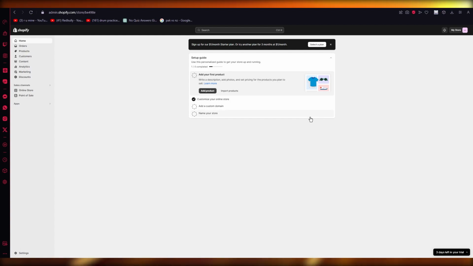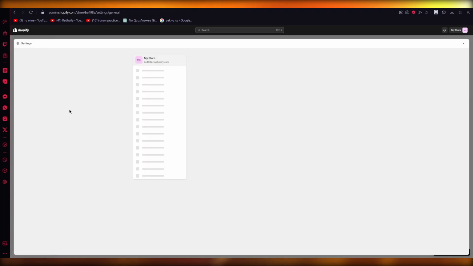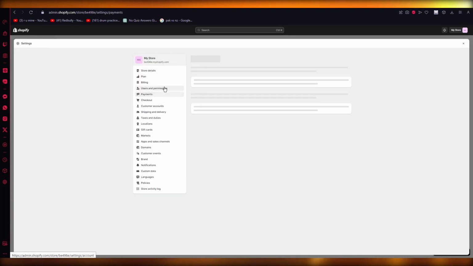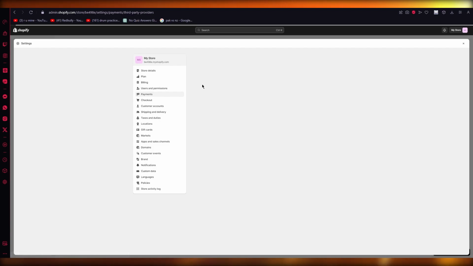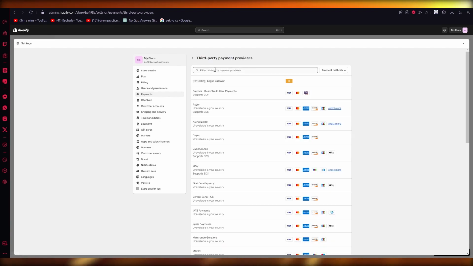Now, to start things off, to withdraw money, you're going to come over to your settings and go into your payments to set a payment provider. Obviously, you're going to choose some type of bank as your provider if you want to withdraw money from your Shopify. So you're going to go with a provider that's available in your country, right? You could do it directly to some bank, or you could do it directly to maybe your Visa, MasterCard,